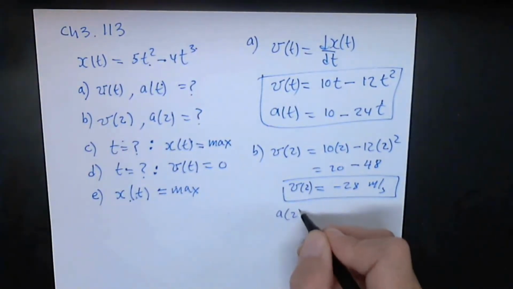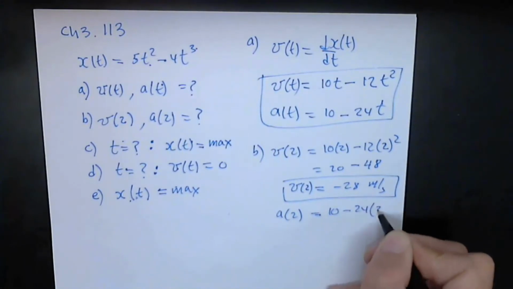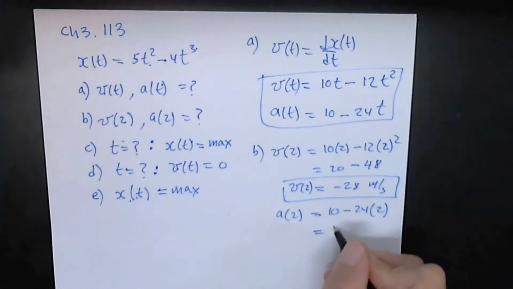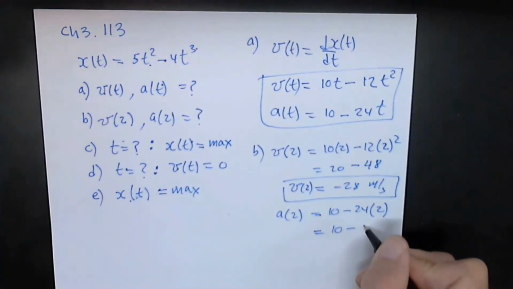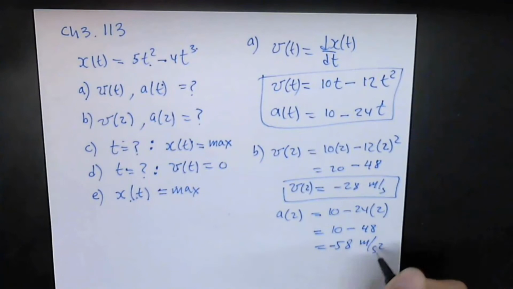And the acceleration 2 seconds later is 10 minus 24 times 2, which is 10 minus 48, which is